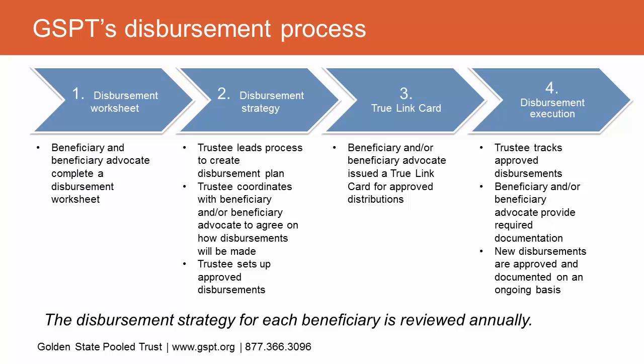Okay, great. So I was just talking about this last step here, step 4, disbursement execution, which is really just about making sure that all the right disbursements are happening on an ongoing basis. So then the plan and the strategy for each beneficiary is also reviewed annually to make sure that it still makes sense with their life situation and their needs and their expectations and, of course, the funds in the trust. So what we're going to do next is actually zoom in on each of these areas and talk a little bit about what we've seen to be best practices in them.